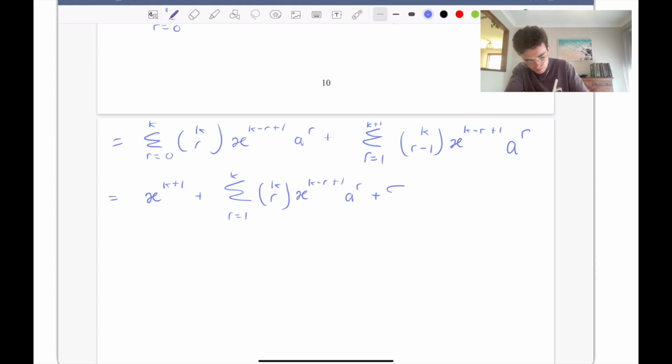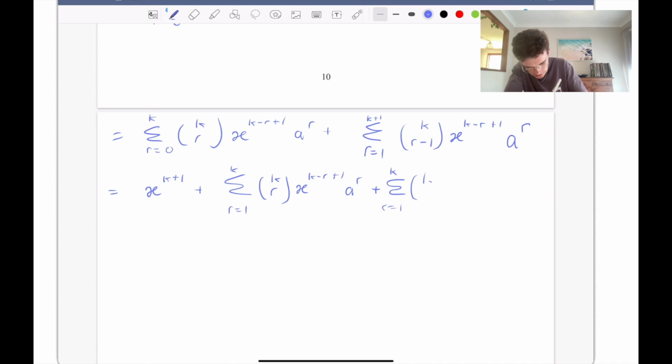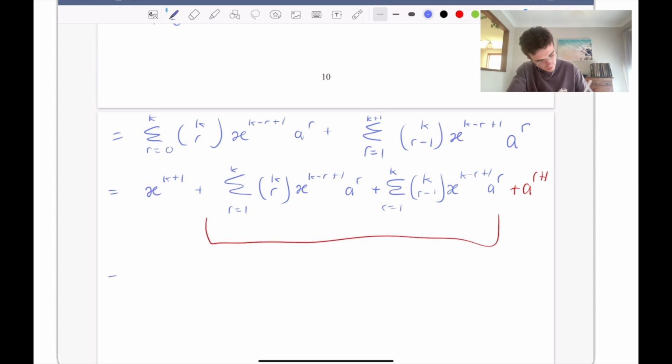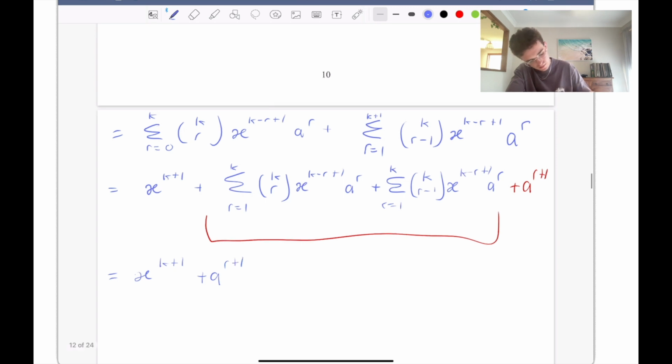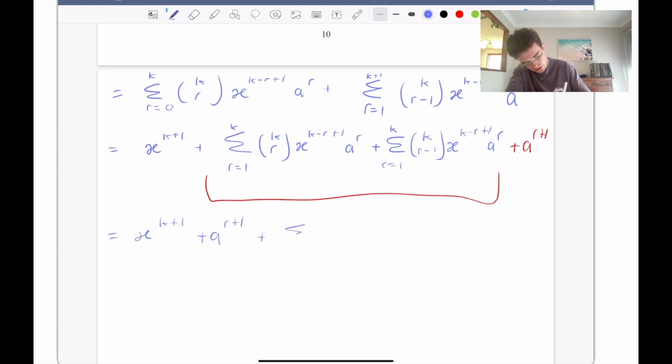So the last term, first of all we've got the sum from r is 1 to now k, we're taking out the last term, k choose r minus 1, x to the k minus r plus 1, a to the r, plus the last term, a to the r plus 1. Now we can combine these sigmas. So we've got x to the k plus 1 plus a to the r plus 1 plus the sum from r is equal to 1 to k